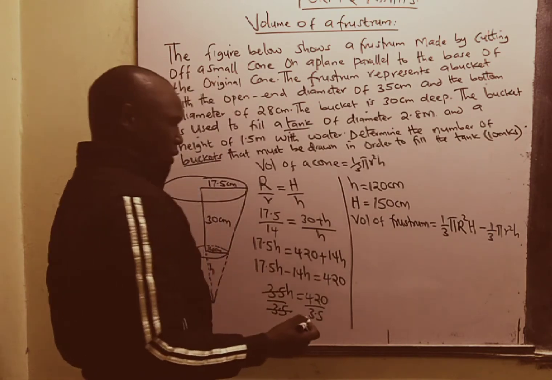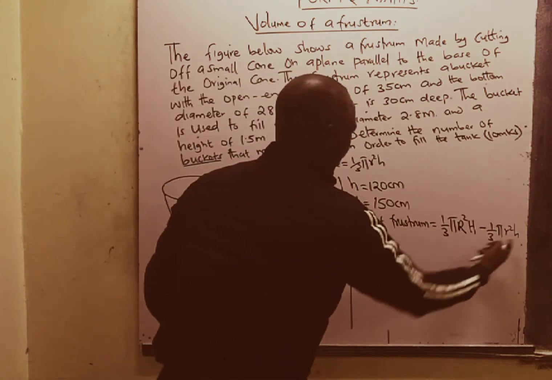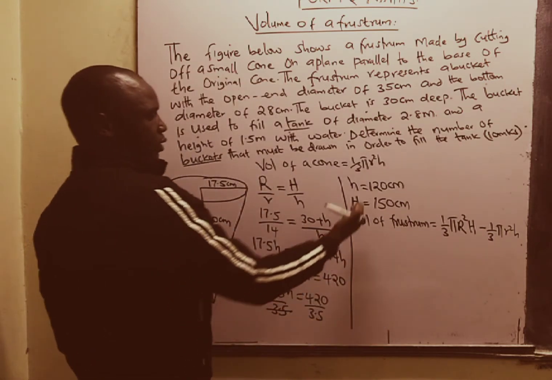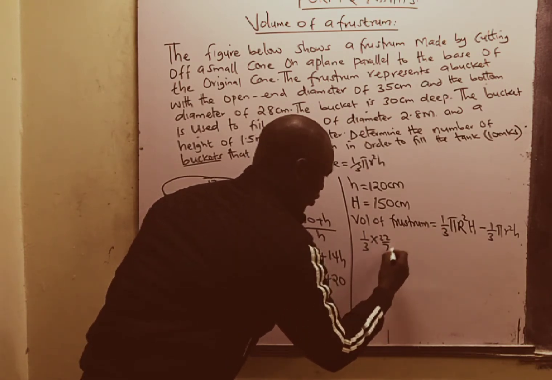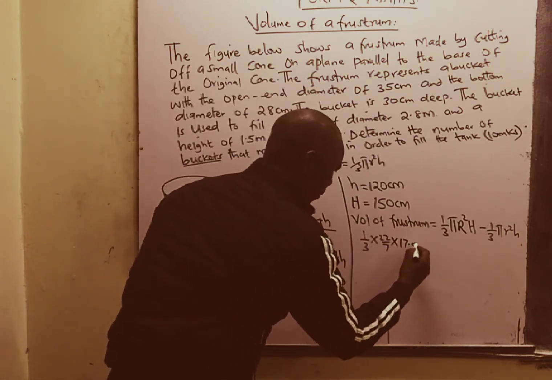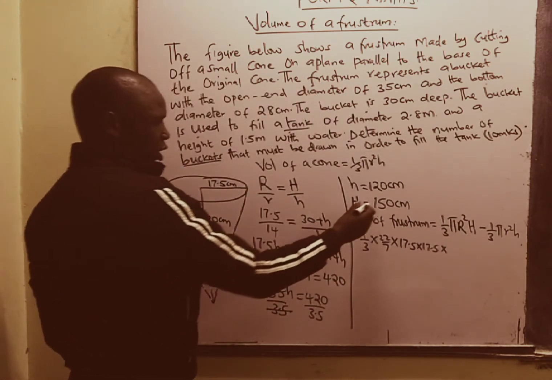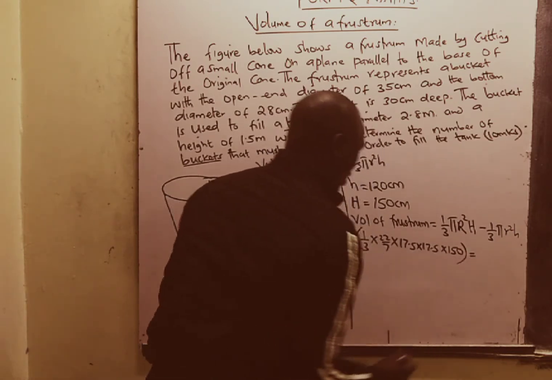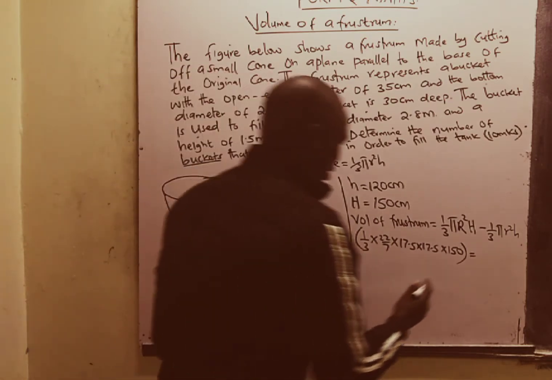In this case, we are using the small radius for the small cone and the small h for, again, the small cone. We can now substitute the values of h. We are going to have 1/3 times pi, which is 22/7, times the capital radius, 17.5 times 17.5 since it is squared, times our capital H, which is 150, and this is going to give us the volume of the bigger cone,